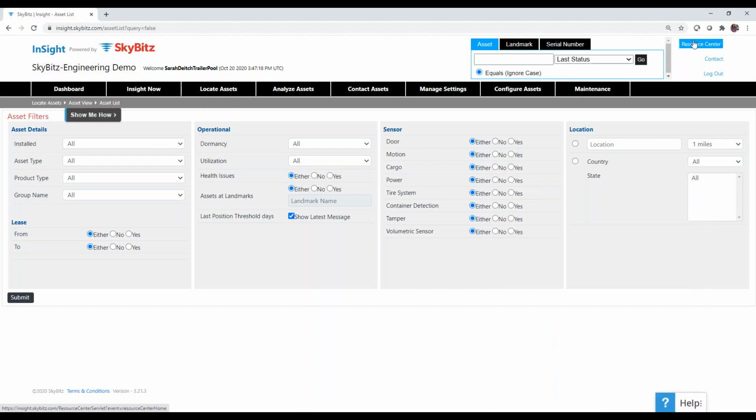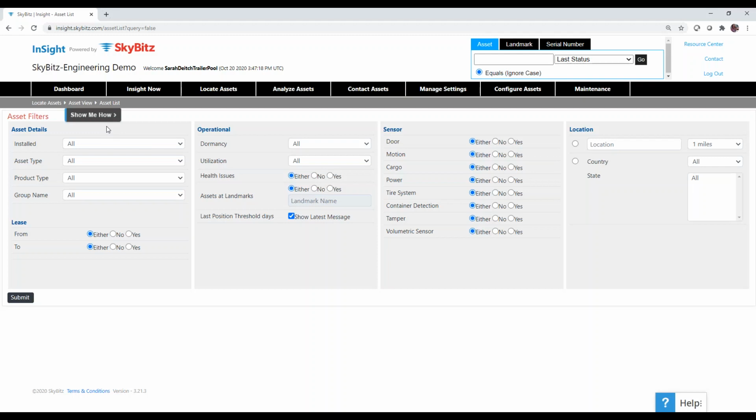And then we do have a resource center that actually puts the troubleshooting guides front and center. If you need those installation guides, information on the hardware, that's what goes in the resource center, but it also has the help information. Now I also want to show you this: it says "Show me how." Show me how will appear anywhere that we felt the need to explain to our users what this